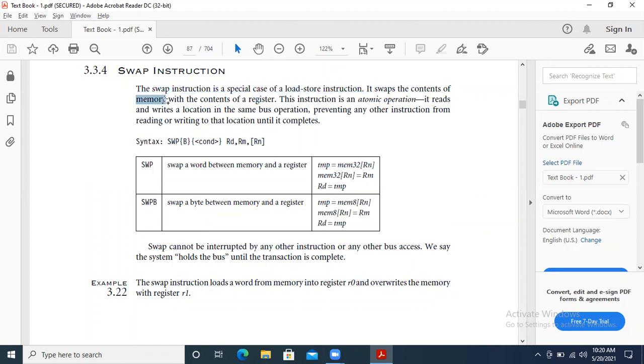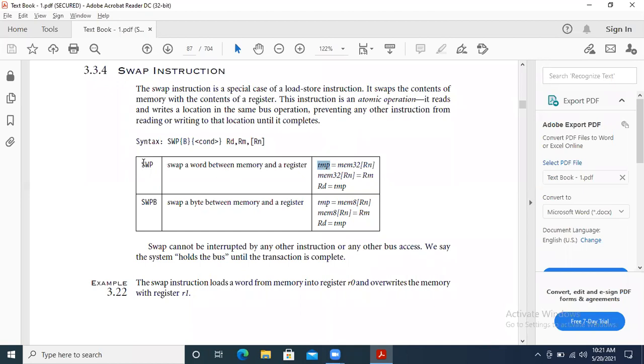If you want to exchange the data from register to memory without losing any value, I have to put the memory's data into this one and this one's data into the other, but no data should be lost in either. In that case it is not possible to do using only these two. You have to take help of one more variable, or one more place. So for that I'm using a variable called temp. Temp means a temporary location. There we can store anything, and after execution it is deleted automatically. That is called a temporary.